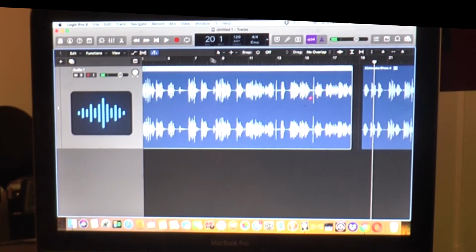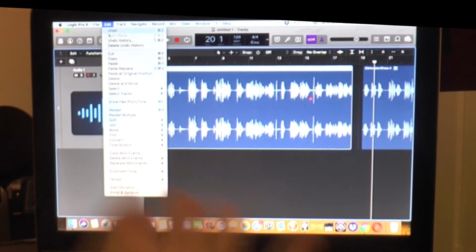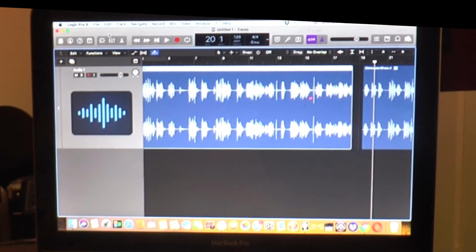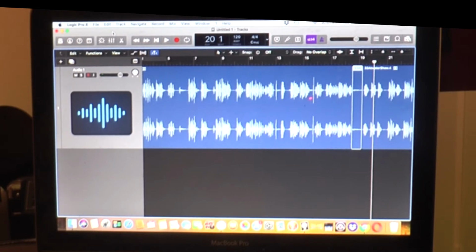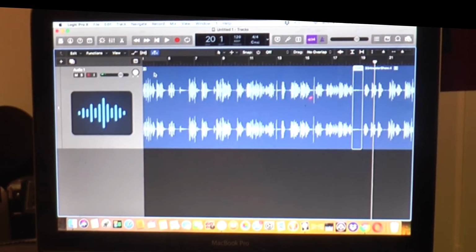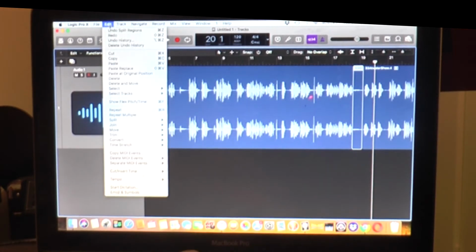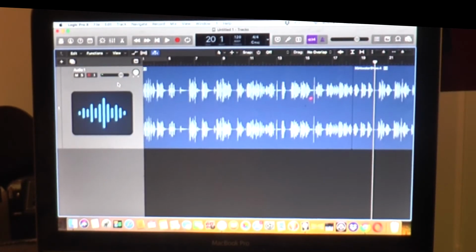So what you can do, I'll just undo that. So you've got the file back. You can also, there's a feature here which is called delete, which is what we just did, or delete and move, which moves the file. So then you've got